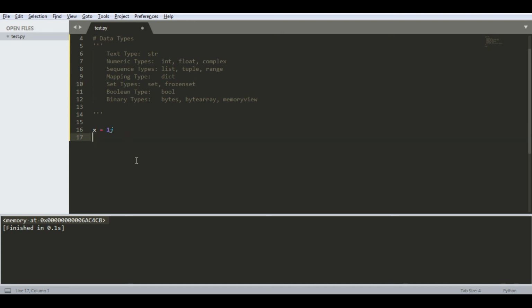If I don't know what the type of x is, I simply call a built-in function, a ready function, that's called type. I give it the variable as a parameter. The type of x is complex. If I make this, save, Control B, it's an integer. 0.5, save, Control B, it's a float, etc. If I convert it to a string, Control B, it's a string.